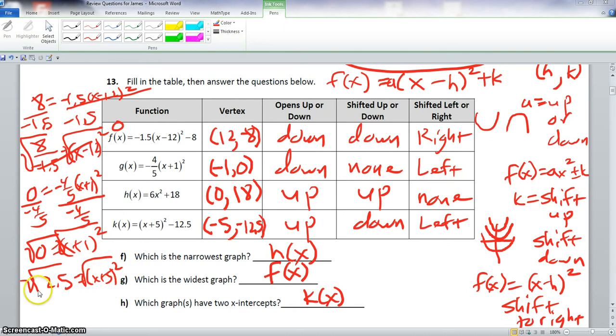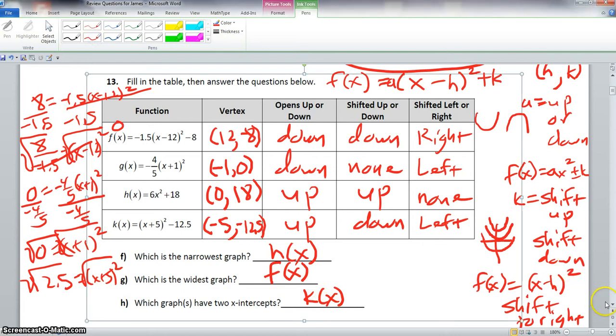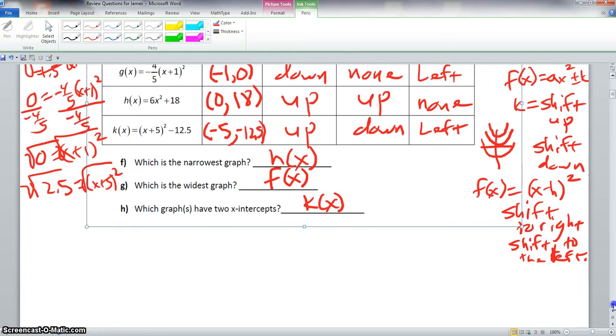Okay, picking up where we left off, when I said the square root would be taken on each side, because this is positive, we're going to have two answers for x. So we will have two x-intercepts for k of x. Okay, now we're going to scroll down here